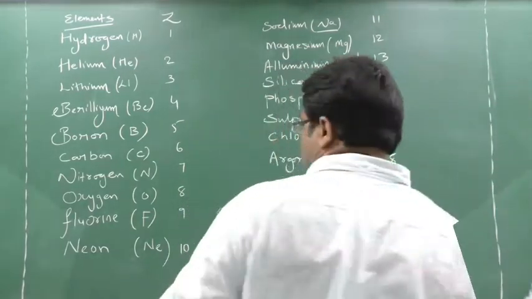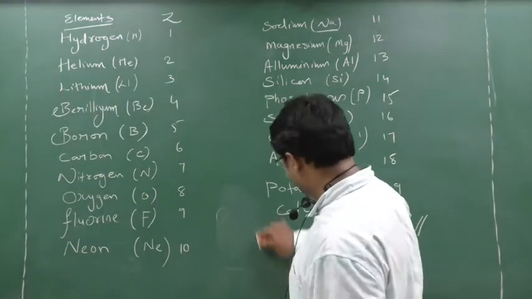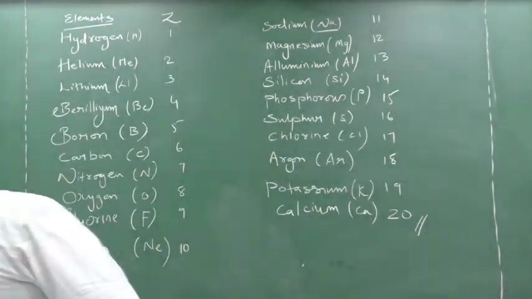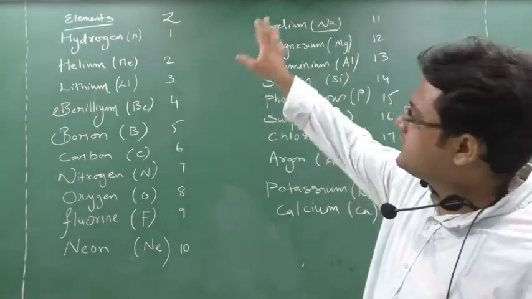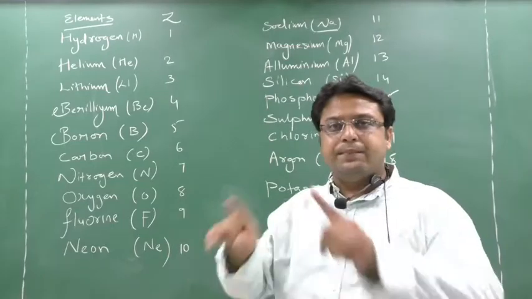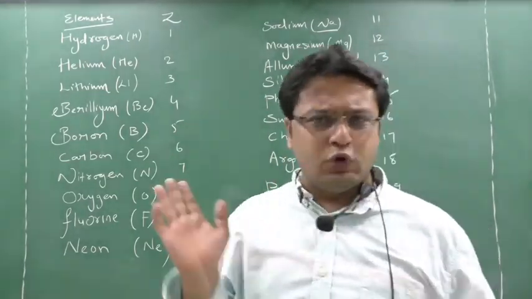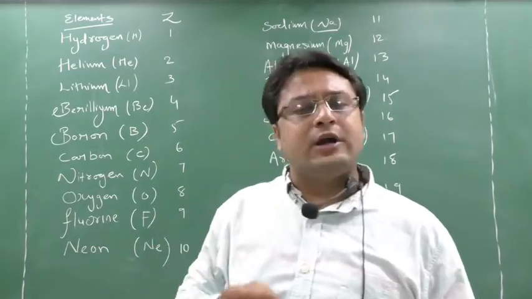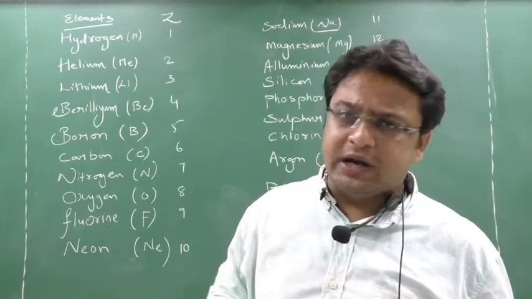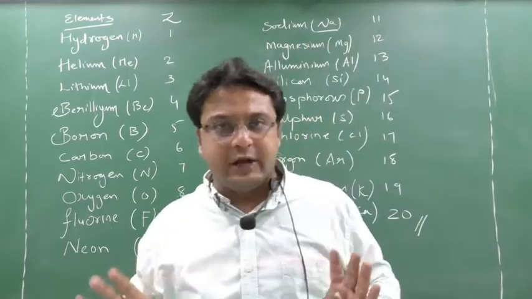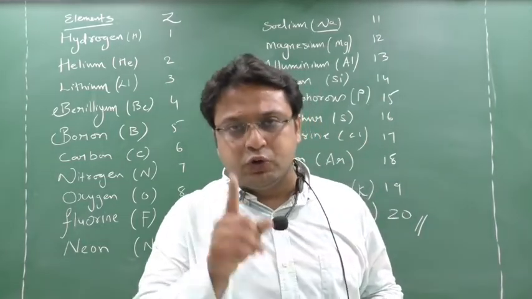Clear? Please copy out. How to remember this? First, we will speak this together. All the students, we will speak together. My suggestion is you write down the atomic number and their symbol in a chart and paste it somewhere in your home where you come across it. Whenever you come across it, just speak it. You can totally understand and remember. It's a matter of a few days. Within a few days, you can understand all the symbols and all the atomic numbers. See, I will start to speak. Along with me, you also have to speak.